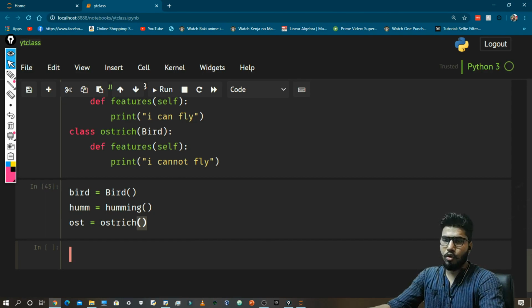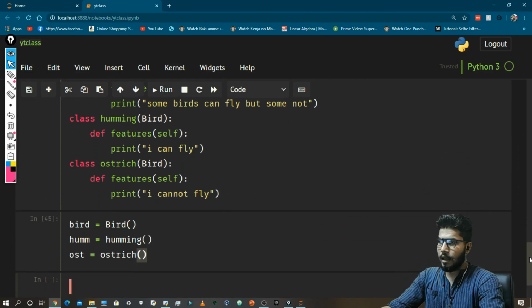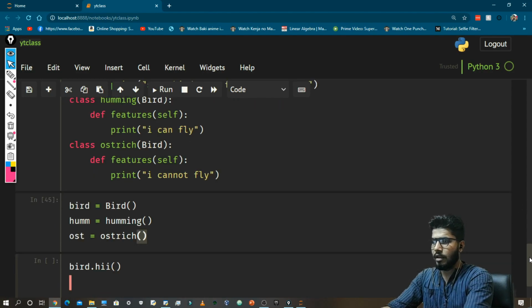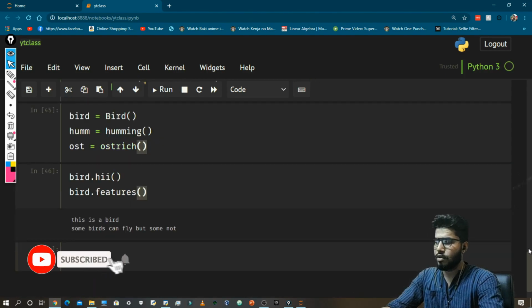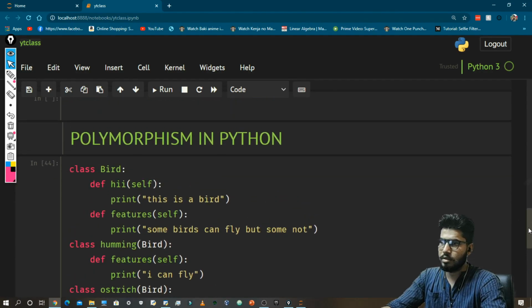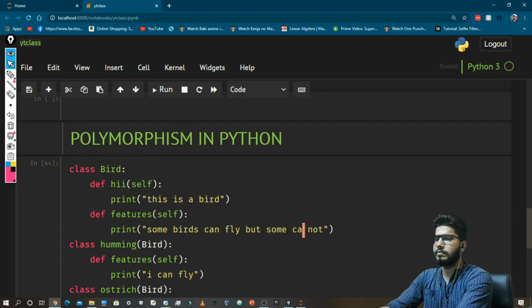Now I will call all the functions. First I will call bird.hi, and then bird.features. So here you can see it is printing, this is a bird. Some birds can fly, but some cannot.